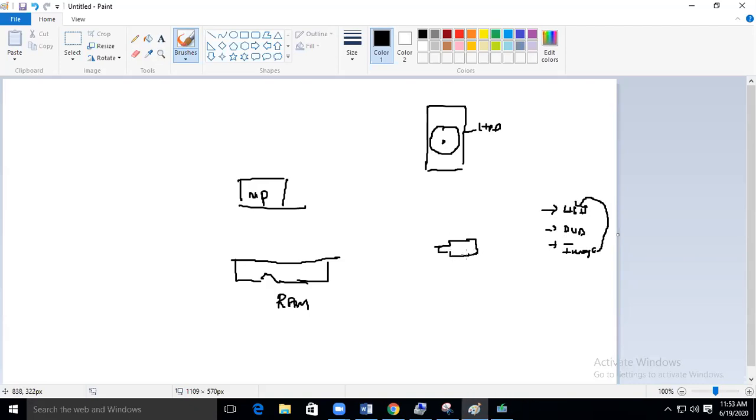Now whenever you power on, what will happen? Your microprocessor will search for the bootable file. What is a bootable file? Every time it will go and check in the hard disk. Bootable files are the ones which enable you to start the computer. Those are the first files which will be loaded from the hard disk to